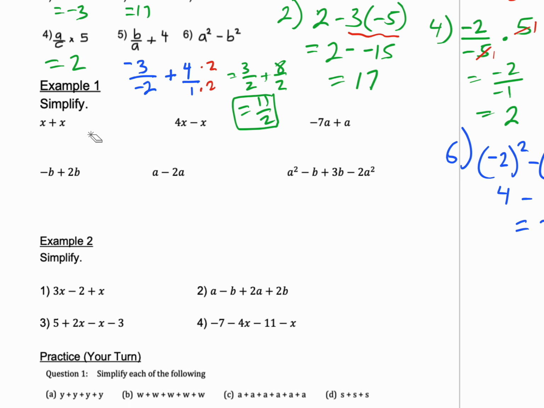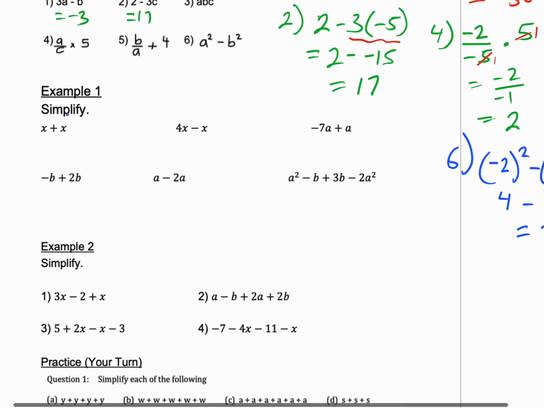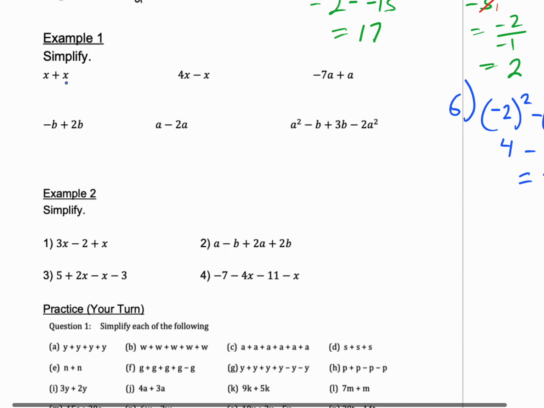Now we're going on to actually collecting like terms, which is what we're doing today. Let me just erase these real quick. Okay, so if we have x plus x, well, think about it now. If you have 4 plus 4, that's 2 times 4. If you have 5 plus 5, that's 2 times 5. So this is actually just 2 times x, or 2x. Okay, you can check your work by simply substituting in actual numbers. So 5 plus 5 is 10, and 2 times 5 is 10,